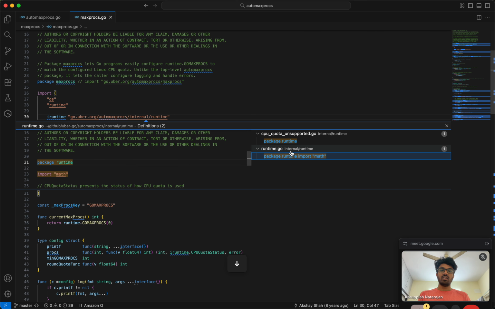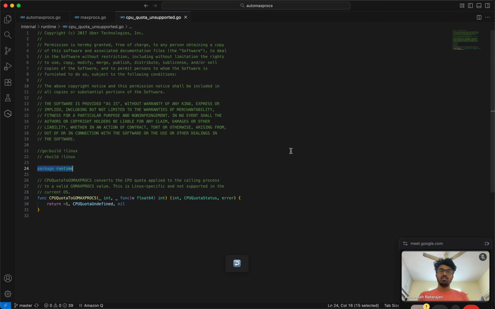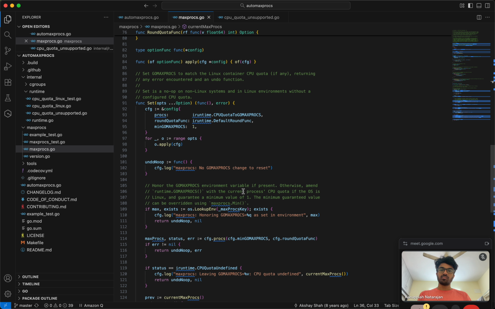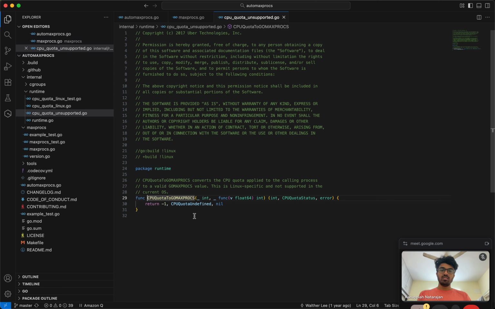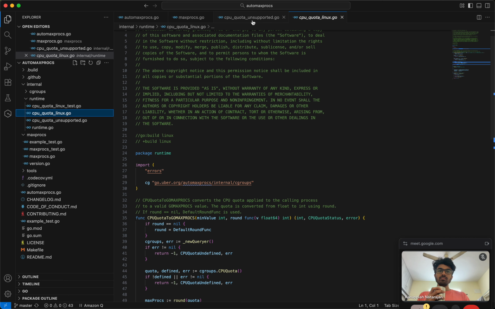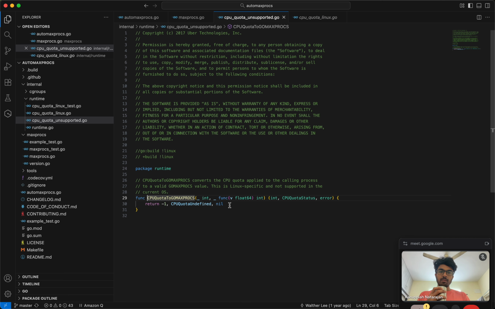Right, so they have this and this. There are only two files here, I guess. The other one is test. If you look at this, it says -1 and then CPU quota undefined and all that. This is for Linux. This is also for Linux. Weird. So there's this versus